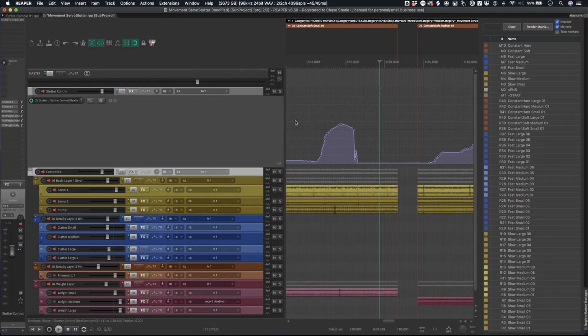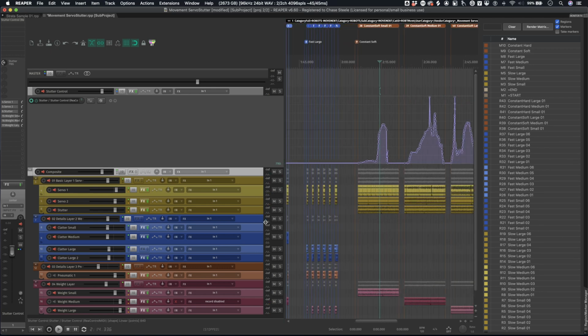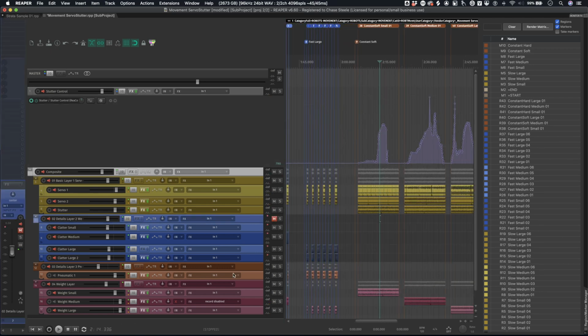All right, so starting to wrap things up a little bit. In this case, I've made some changes. Maybe you have certain tracks muted. Maybe we decide, for this version of my movement and servo sounds, I'm going to have this details layer muted, right? So the best thing to do so that you don't override the way that the Strata collection was presented with the original project file is pretty obvious, but you should do a save as.